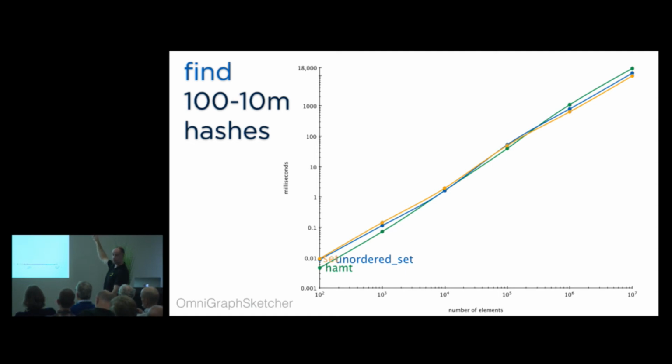Standard set becomes the winner. It's actually beating unordered set and hash tree. And I suspect the reason for this is that at this level, the hash collisions start to become significant. So I said before that linear search at the end can become significant. I think that's what's happening here. And with hash tree, it's also currently doing a linear search for its hash collisions.